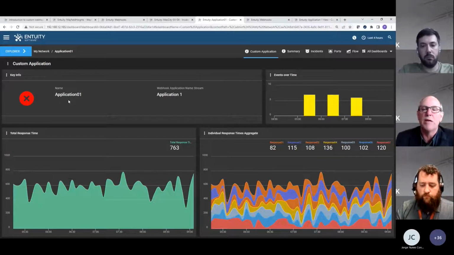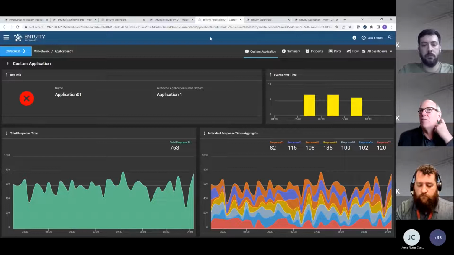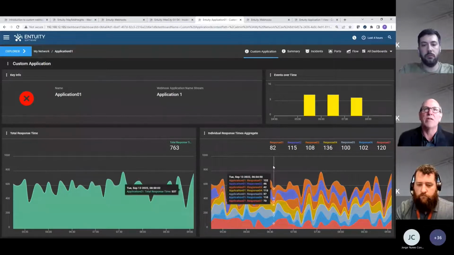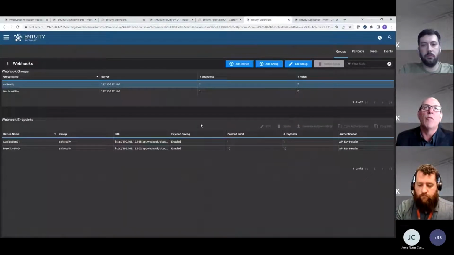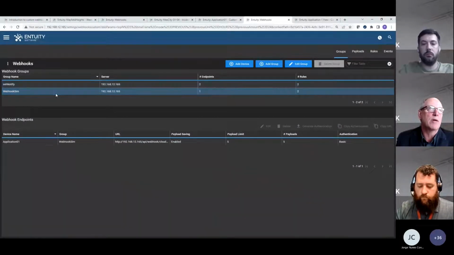This is actually an Entuity custom device. So this is a device that doesn't do any polling. All it does is kind of exist in the system. And I'll show you the webhook definition, then I'll talk about what we did to be able to track this type of information. But the webhook itself, I call the group webhook simulator. But when I take a look at the rules,